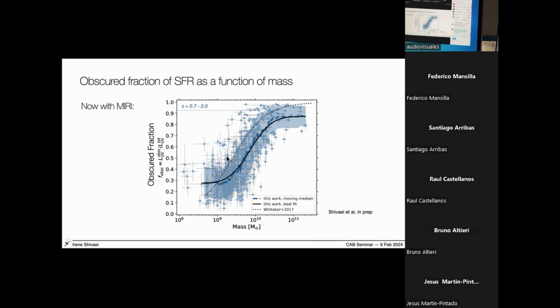But there is this huge tail of the distribution to lower obscuration at a given mass. That, back to your point, would be interesting to actually look at and quantify. Yeah, and just a second point, I don't know if you can ask about that. Basically, it is related to this metallicity as oxygen, which you expect to be more dominant because of the very massive stars at the beginning. What about carbon? Because the dust is coming from carbon, so you don't expect carbon to be correlated with oxygen.